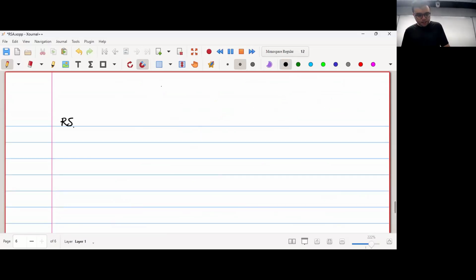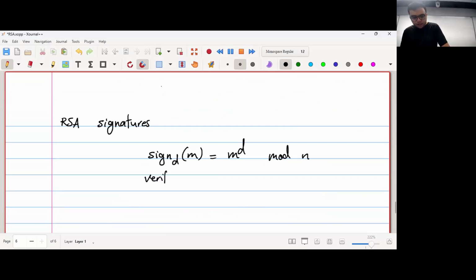So I say RSA signature is like this. If I want to sign a message M using a secret key D, this is just going to be M to the power of D modulo N. And if I want to verify a message M and some signature S using a public key E,